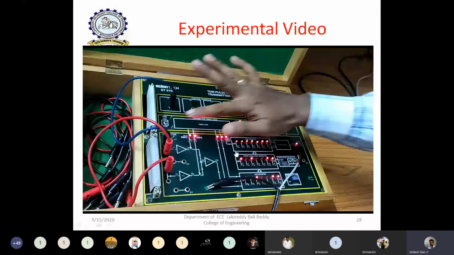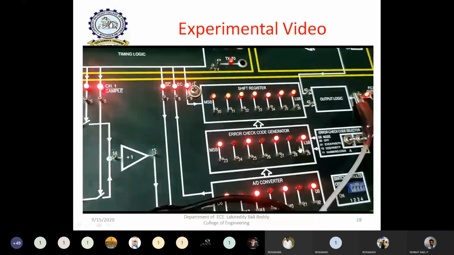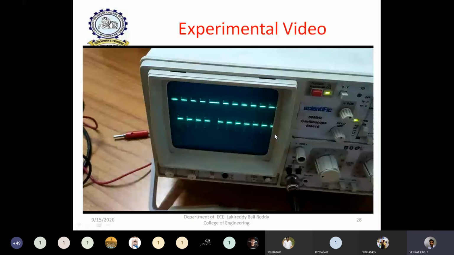So if you observe, if you adjust some amplitude, perfectly you will get 1, 0, 1, 0, 1, 0, 1, 0 as a sequence. This is only an example. If you change the input signal amplitude value, you may observe a different bit sequence. It may be 110, 110, 110 also, depending on what amplitude value you have taken on the one sample. Then if you observe the output sequence, the PCM output, you can clearly observe that a 101010 waveform is obtained.